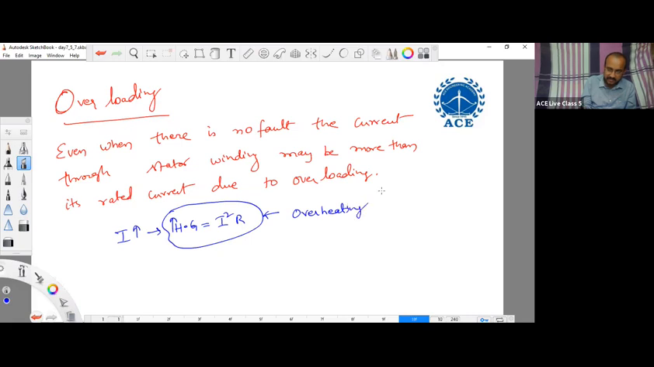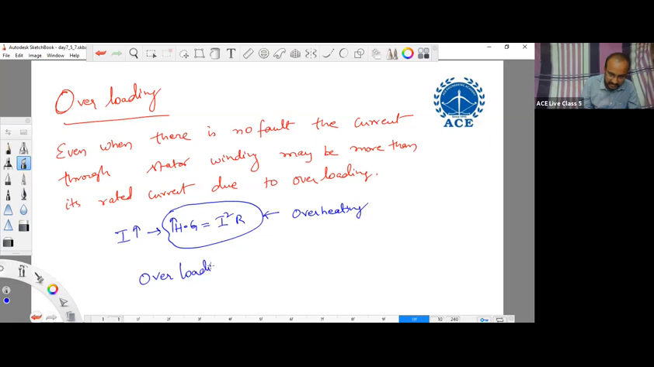Overheating will take place. So how do you sense overloading? Can you allow overload? What happens? Excessive heating is generated, which results in melting of the winding or insulation and damage of the insulation. That's why, to avoid that,